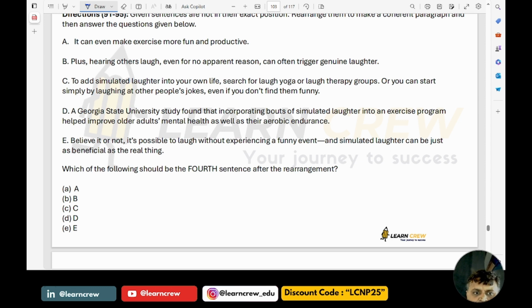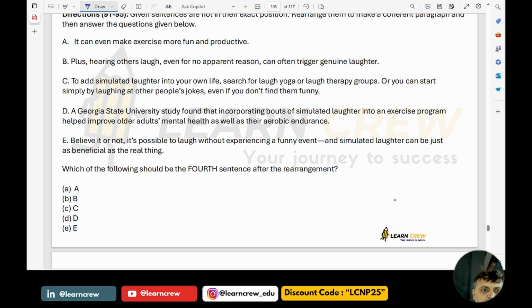Believe it or not, it is possible to laugh without experiencing a funny event, and simulated laughter can be just as beneficial as the real thing. So, what is going to be the order here? I can go with